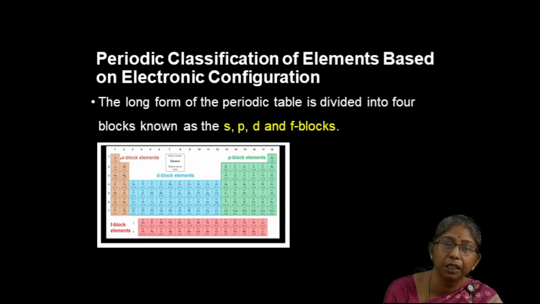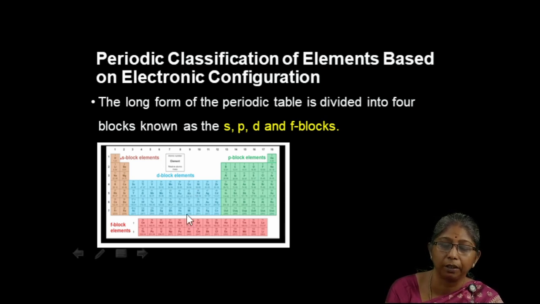So we have to see the outermost electrons, that is, the electrons present in the valence orbitals, and those electrons that are filled will make the group. Depending upon the electronic configuration, there is a classification, and that is called the long form of the periodic table, which has been divided into 4 blocks, that is S block, P block, D block